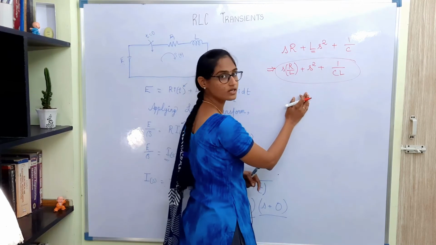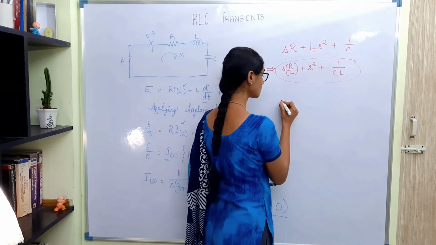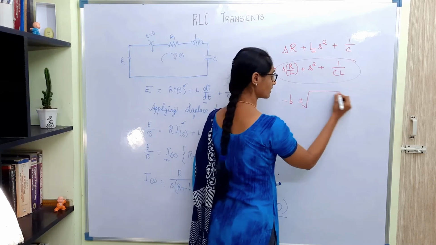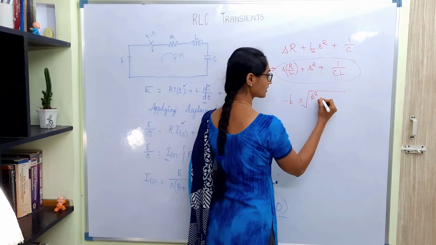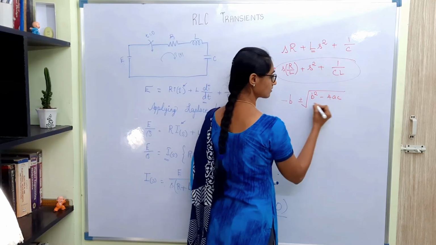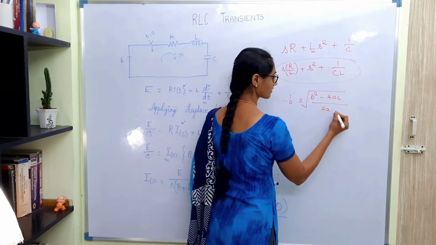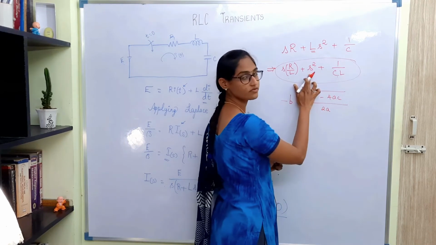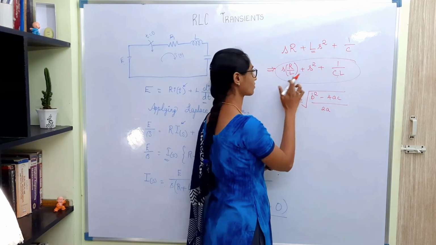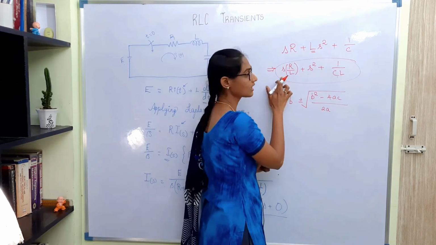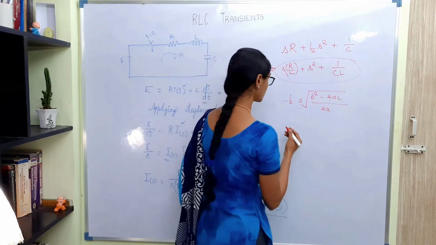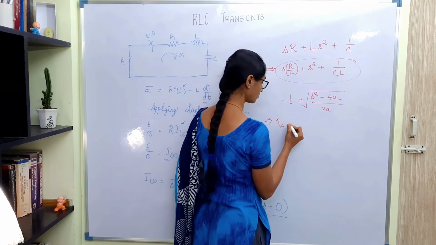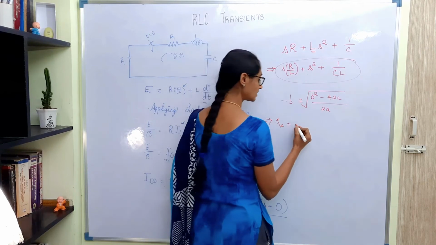If we have to find out the roots of it, we can make use of this formula: minus b plus or minus square root of b square minus 4ac, divided by 2a, where the coefficient of s square term is a, the coefficient of s term is b, and the constant term is c. Okay, so this implies that we have two roots s1 comma 2, which is minus b,